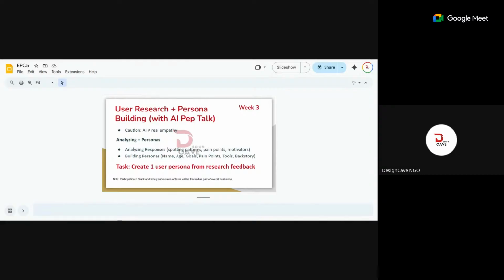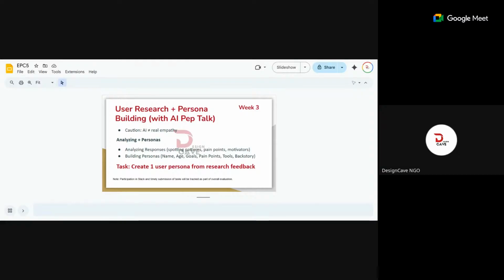On Tuesday, I spoke briefly about AI. And today we'll be doing 2 important things. We'll be learning how AI can turn responses into meaning and build persona, and how AI can also speed up your research.